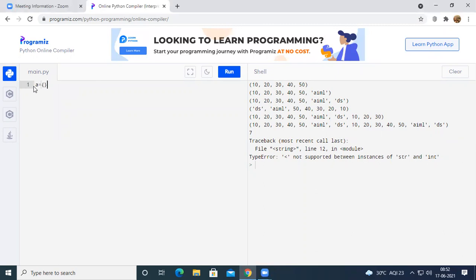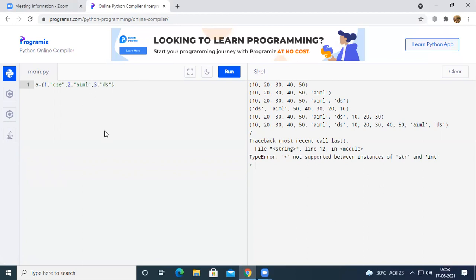Here we have to provide the keys and values. For example, 1 colon CSC, comma, 2 colon AIML, and 3 colon DS. So this is how we generally maintain a dictionary.